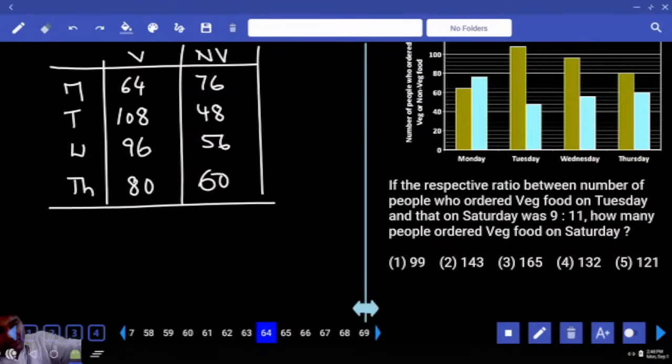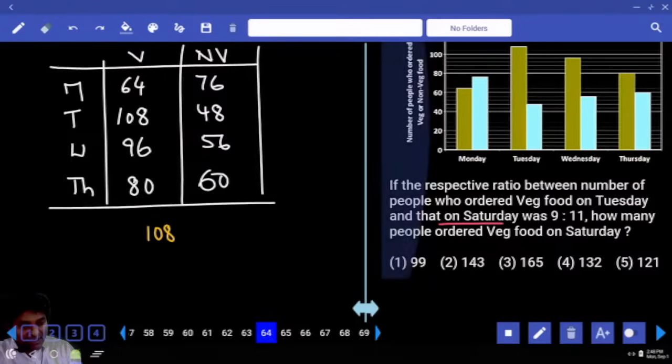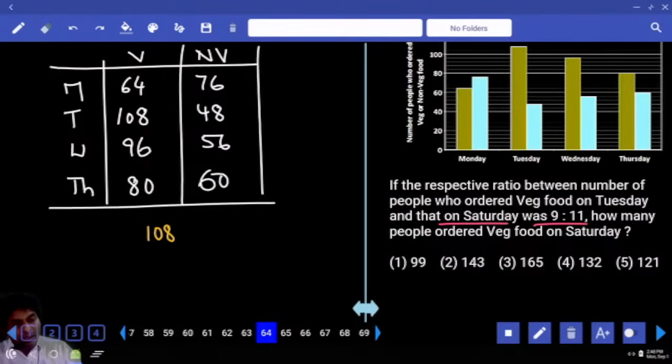If the respective ratio between number of people who ordered veg food on Tuesday, 108, and that on Saturday was 9:11. How many people ordered veg food on Saturday? According to the ratio, Tuesday veg people are 9 parts, which is 108. 1 part value 9 divided by 9. We need 11 parts into 11. 9, 12 times. Answer ends